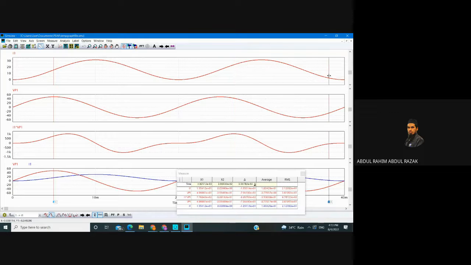X1 should be, you can see that if it ends, if you refer to VP1 as your reference. So if it ends at around 40 milliseconds at zero value, X1 also should be taken at zero value as well. Maybe at zero, if you consider the curve is already stable there,